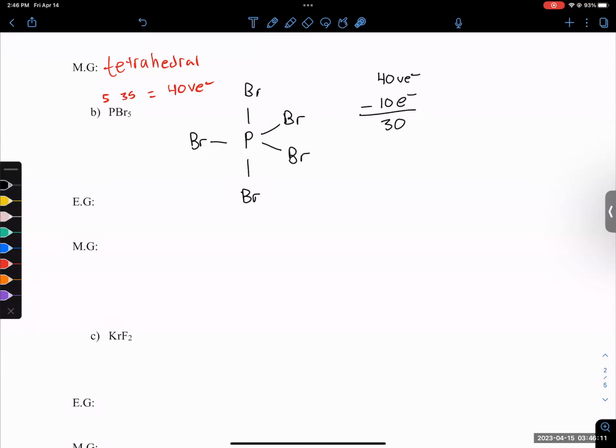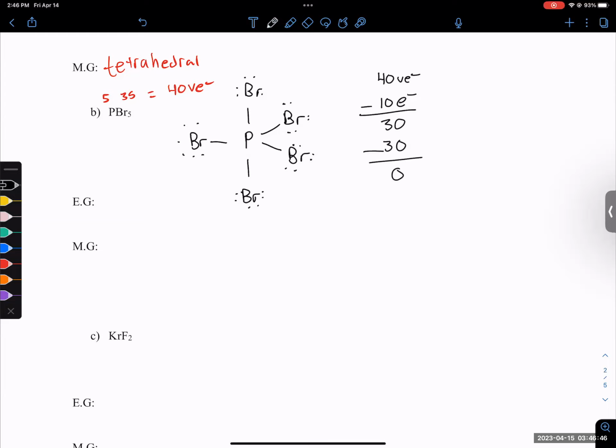So now we just need to put in all of our valence lone pairs for the bromines, because right now they only have 2 electrons, they need to have 8. So we put 6 on each one. 1, 2, 3, 4, 5, 6. We used up 6, 12, 18, 24, 30. So we used up 30 electrons. So that gives us